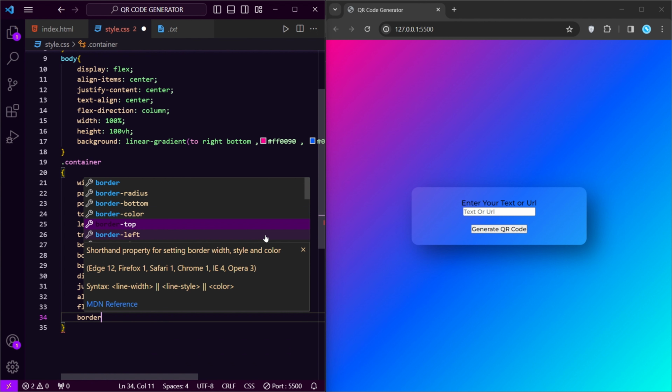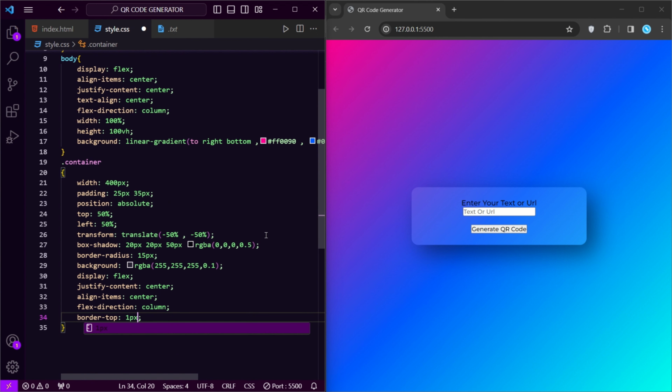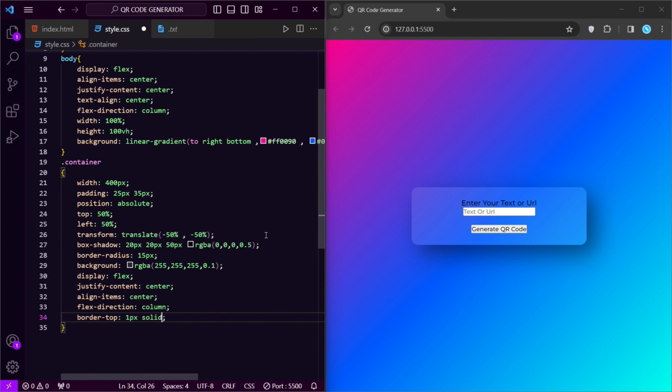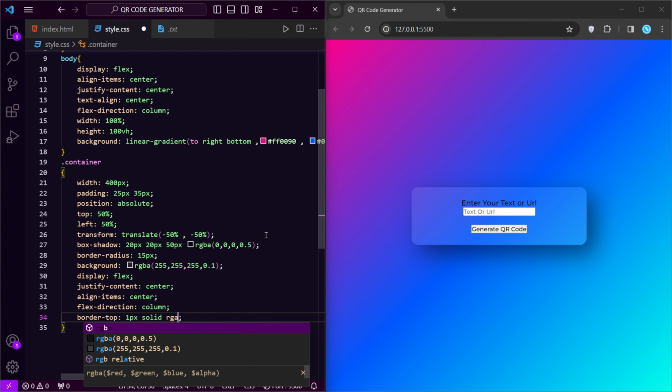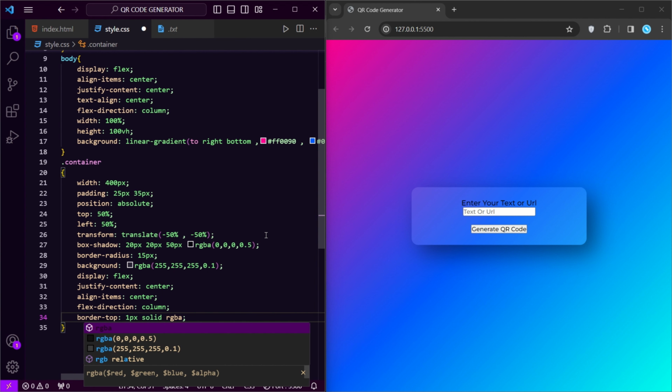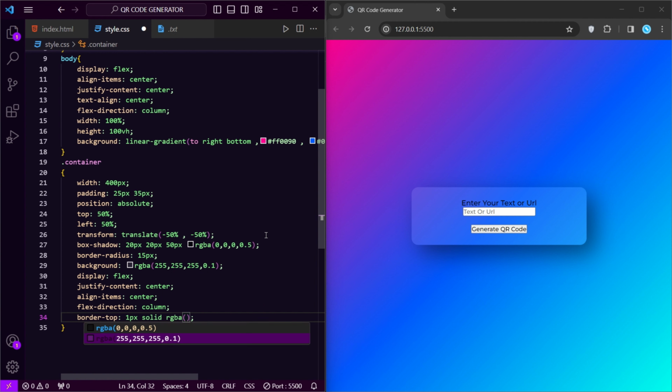Border top 1 pixel solid RGBA 255, 255, 255, 0.5.